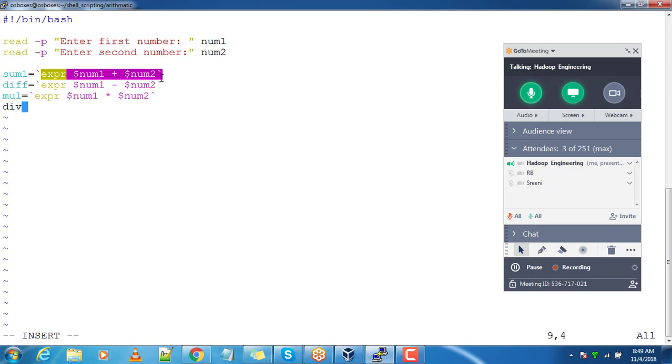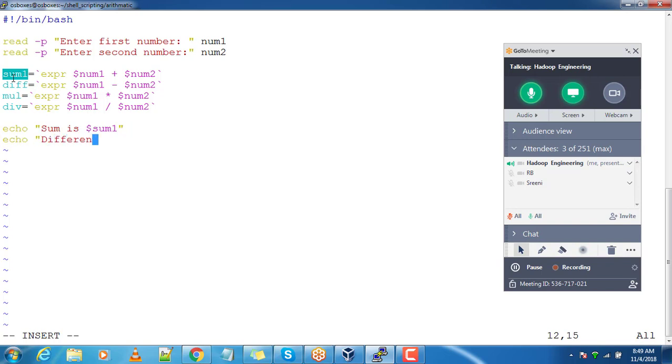Then what is the division? Then I can use num1 divided by num2. Then I can print like sum is dollar sum1. Difference is